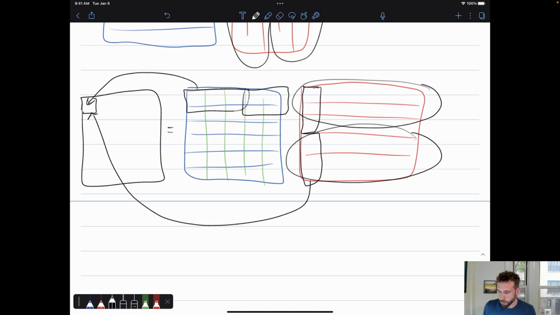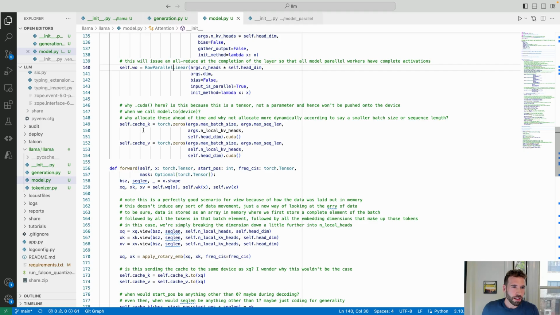So what we're doing is we're materializing n copies of this matrix in parallel, and then they're going to get all reduced so that each worker in this parallel environment now has a complete copy of this matrix. You've got the cache for keys and values, and as I mentioned, during decoding this is